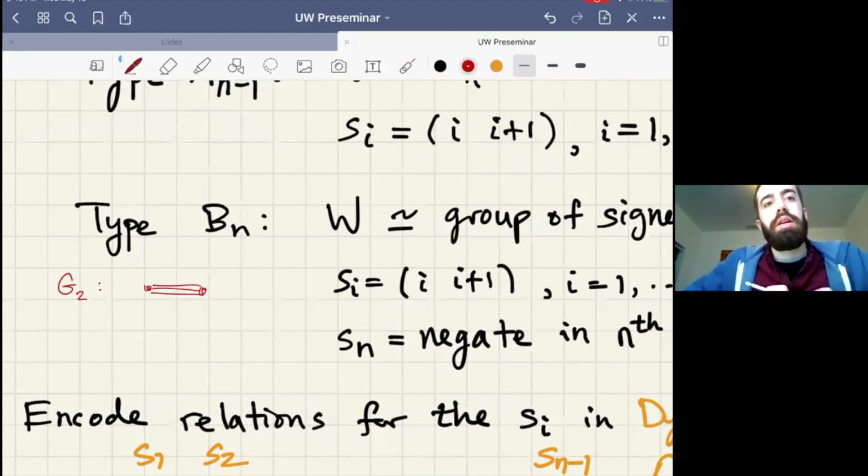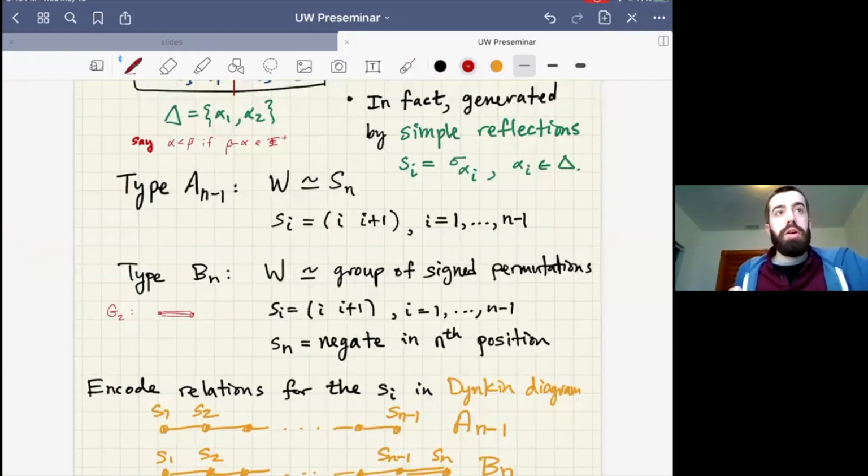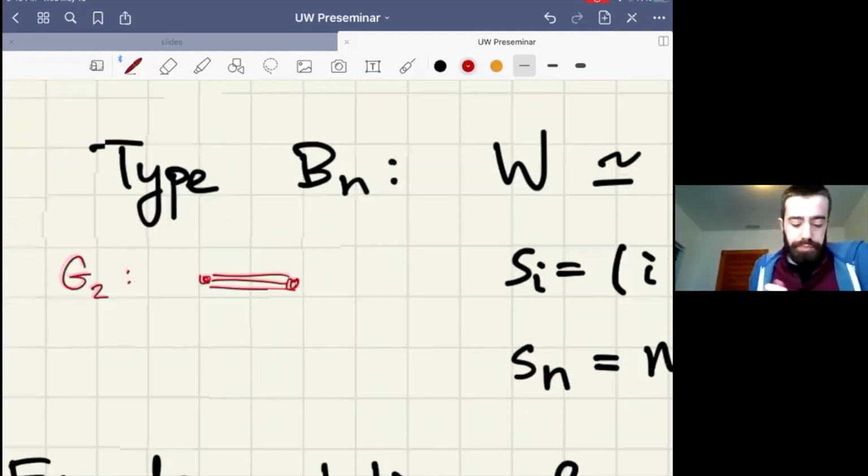this Dynkin diagram. So as a group, it's just isomorphic to a dihedral group because it's got 2 involutive generators, so it's like the group of symmetries of a hexagon or 12-gon. Right. Yeah, so in fact, it's not so hard for me to give you the complete list of Weyl groups. So we've already seen the families A_n